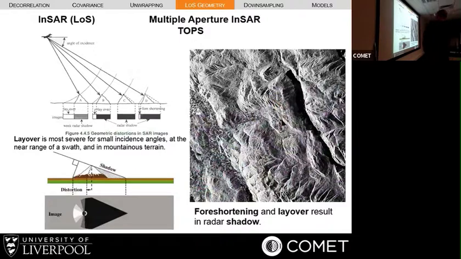Combining ascending and descending angles and different side-looking interferograms, in fact, we can characterize better how the ground moves due to geological processes. That's just representing